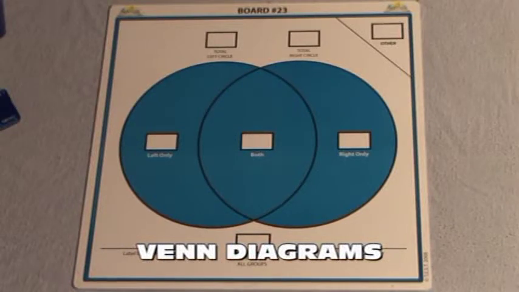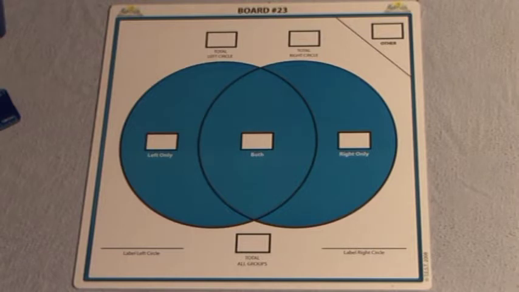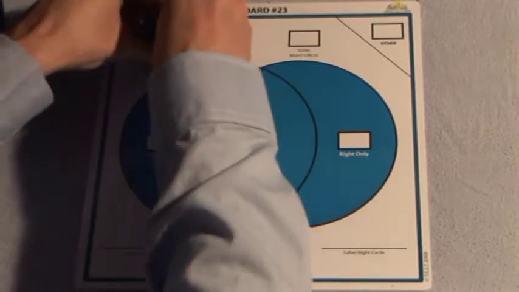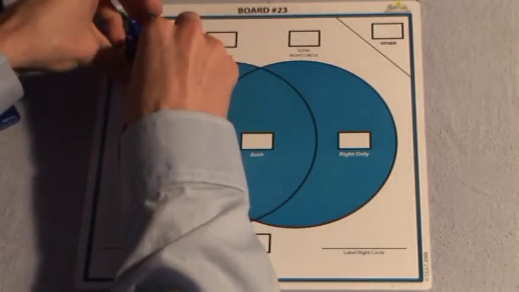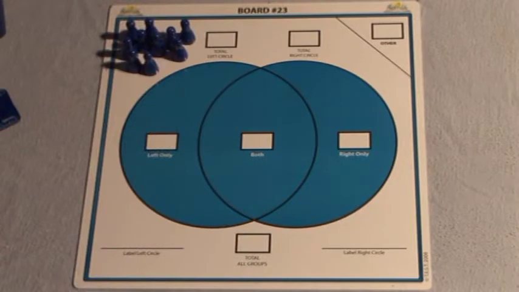This lesson is Venn diagrams using board number 23 and/or board number 24. We'll also use the blue pawn markers, the dry erase markers, and the cloth. What we're going to do is the first example in the manual, and we're going to place 10 pawns on the board and work with these to separate the actual data into the